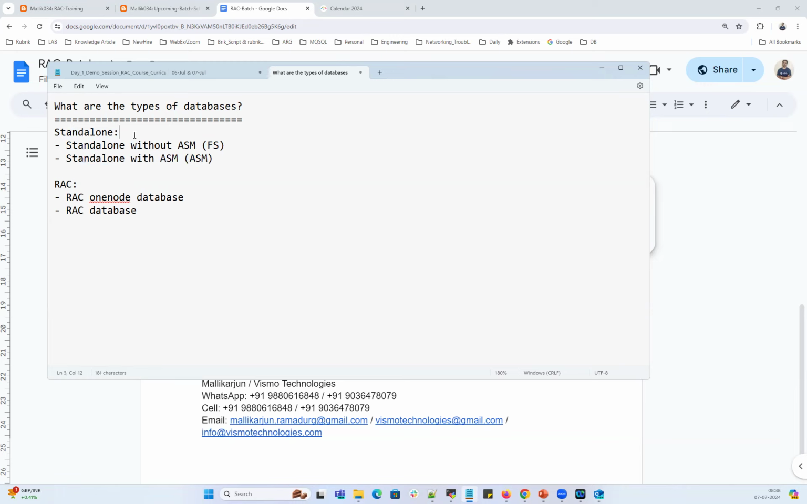As part of my database course, if you attend it, we are going to cover these two types of databases, standalone without ASM and standalone with ASM. As part of my RAC course, we are covering RAC one node database and RAC database. So just to show you in my lab here,